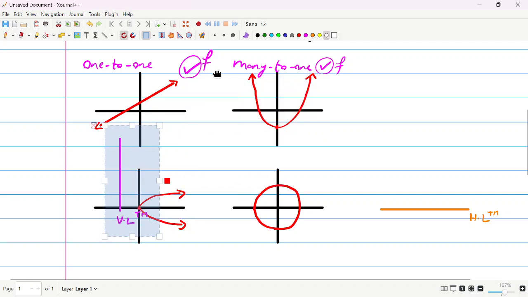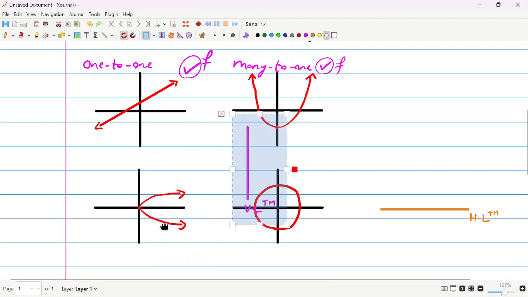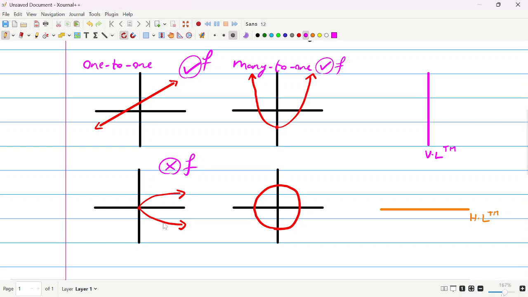Let's take our vertical line test. Scan from left to right. Oh shoot, okay, so we reached the beginning of the function. Everything looks fine. But as soon as you go more to the right, do you notice that we are actually intersecting with 2 points at the same time? So it failed the vertical line test. The vertical line is not allowed to intersect twice. Only once. So therefore the answer would be not a function. So it failed, and because it failed, we can't continue the procedure of the horizontal line test. So we just have to move on now